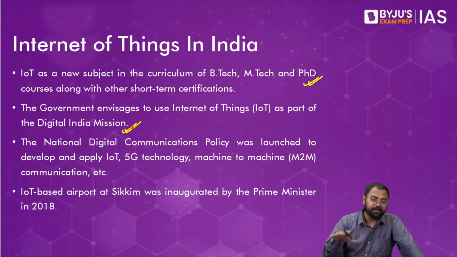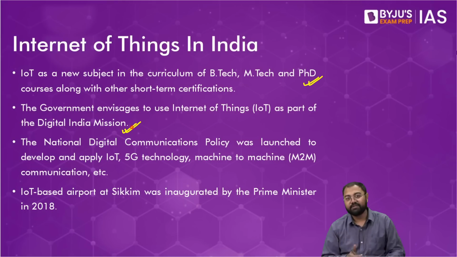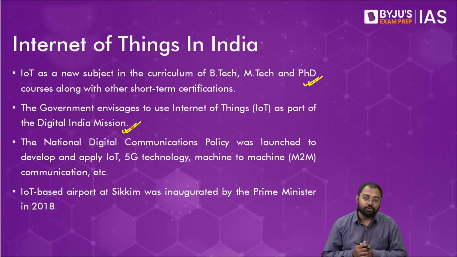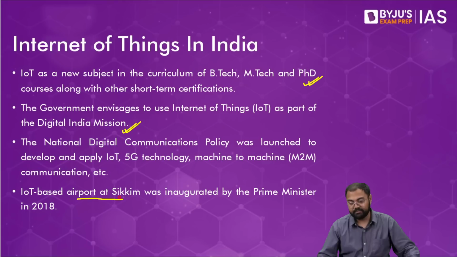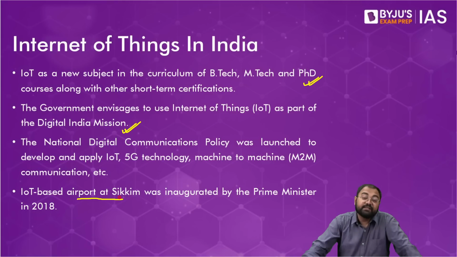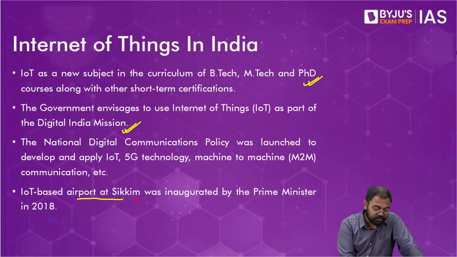So in this manner, there are all these smaller developments that have been happening in the country over the last few years, and that is where we see that slowly and steadily we are growing in the scenario of internet of things. The first example of something run by the government where internet of things has been used was an airport, the airport near Gangtok, that was inaugurated by our prime minister in 2018. This is an internet of things based airport, where the IoT is used as an early warning system